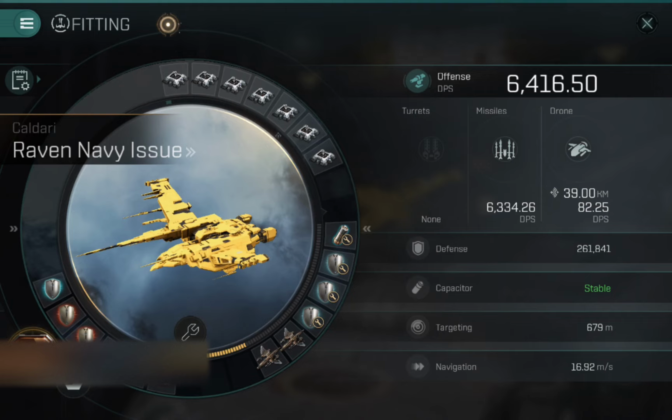As you can see here, this Raven Navy Issue has 6,416 cold DPS. The reason that is so high, because you can see this is actually quite a tanky fit. You've got one large shield booster, two shield hardeners, and a damage control on there, and only two ballistic controls, and it's doing 6,416 cold. This is because this week two things happened, and the first one I'm going to highlight now